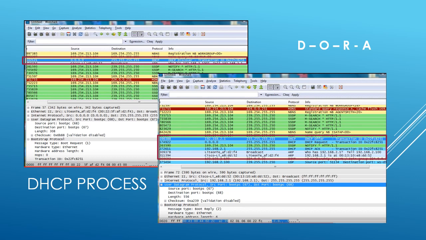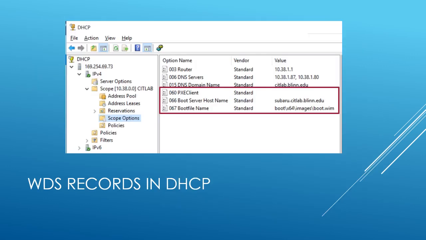Now, on the other hand, if you already have an IP address and you're just renewing it, you're just going to do the request and the acknowledgement. But in our case, we need something because we don't have it. So here is our DHCP server and the options we put in. Now, when we first set up our DHCP server, what we're going to have to do is tell it what IP addresses we're giving out. And in our case, our scope is